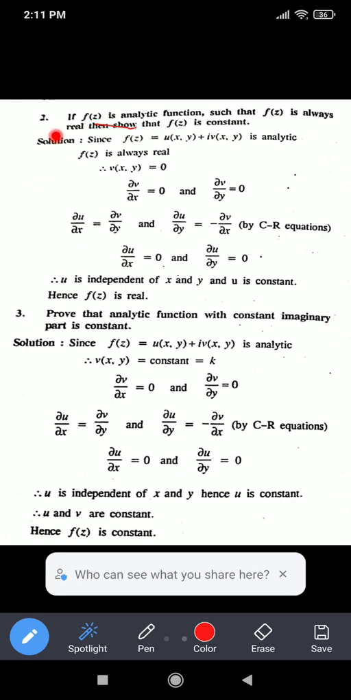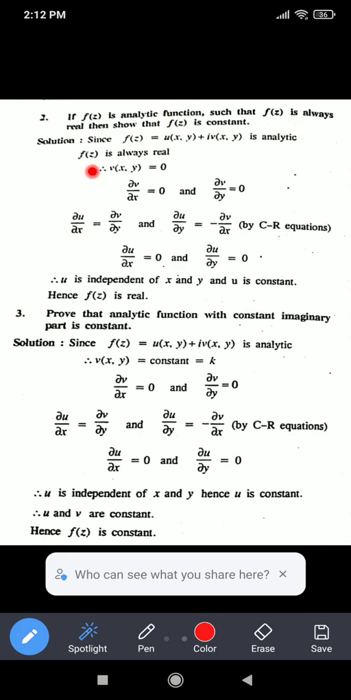The second example: if f of z is an analytic function such that f of z is always real, then show that f of z is constant. First we understand the question. The given conditions are, f of z is analytic, such that f of z is always real, then show that f of z is constant. Already told in the question, f of z is always real, that means the